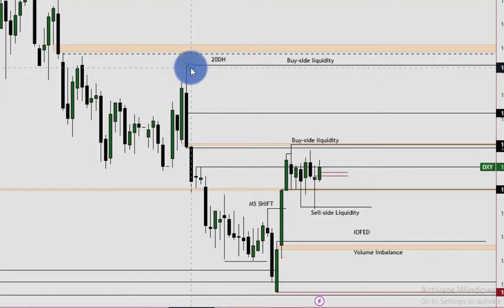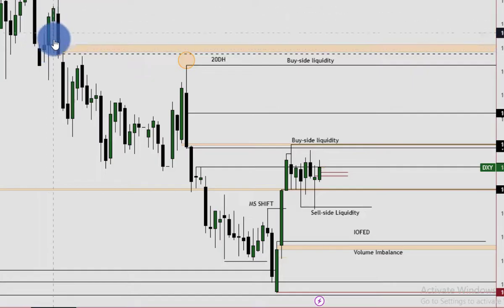Okay, there's something called the look back and cast forward analysis. So this is my look back and cast forward analysis of where price is likely going to go into the next 20, 40 and 60 days. The price will likely take out the buy side liquidity residing above previous old highs or old lows. If we are bullish, price is likely to take the old highs of the last 20, 40 and 60 days. Okay, so this is the old highs of the last 20 days, and above it is